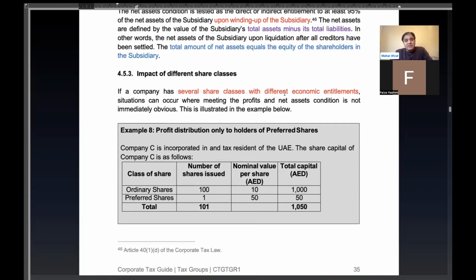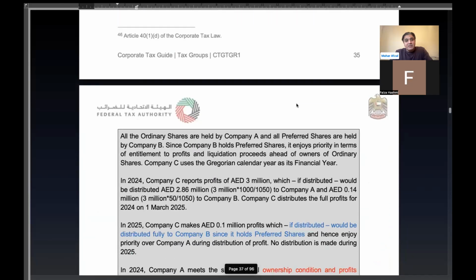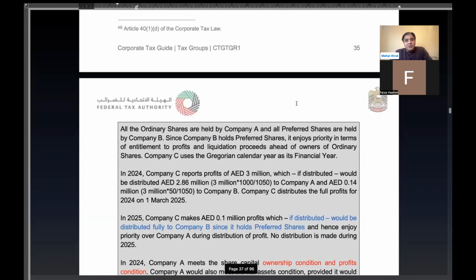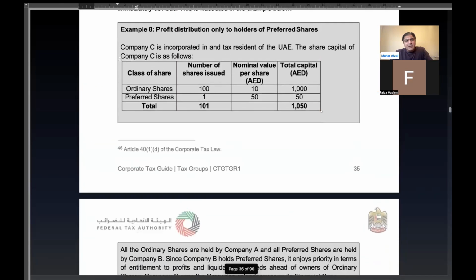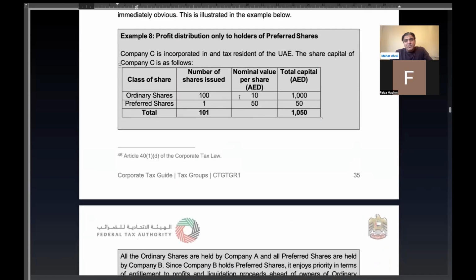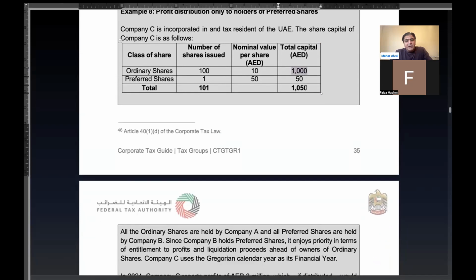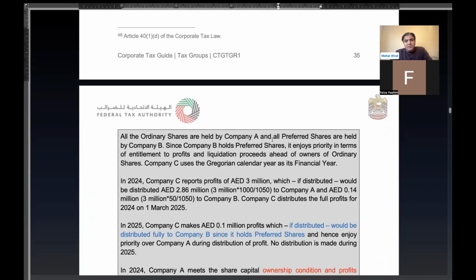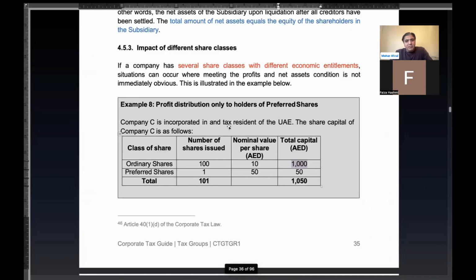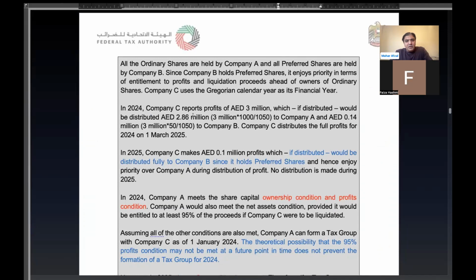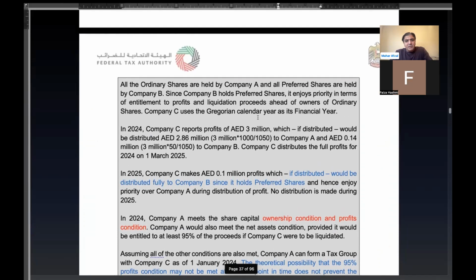So several clauses and different conditions are mentioned here: profit distribution, profit not distributed. Again, the example is almost the same: 100 into 10, 1000; 1 into 50, 50. The total nominal value is 1150. The nominal value condition is being met. For the voting right condition, all the shareholders of the company are preferred shareholders. In 2024, they are basically asking 1000 divided by 1050,